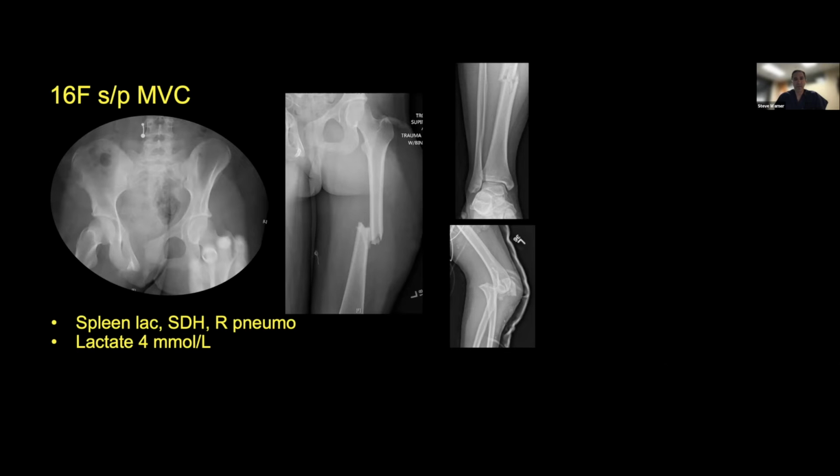So with this, she's able to go to the operating room. And then your decision is what to do with the pelvis, what type of treatment to do with the long bone injuries, with the open fractures, and how to proceed with her. And this will be great discussion points for cases that we're about to discuss.